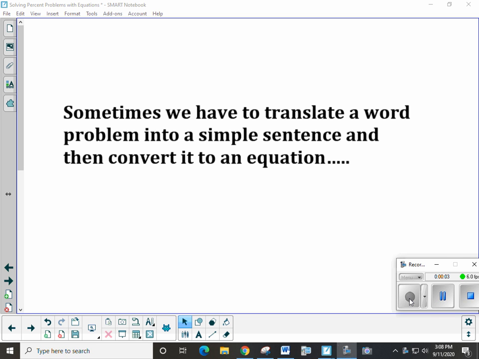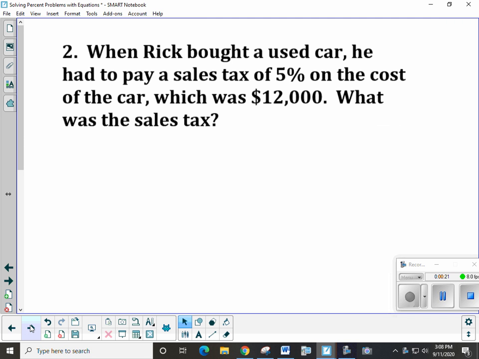Okay, so we're going to take our percent equations one step further, and we're going to do the dreaded word problems. Sorry, my markers weren't working. The dreaded word problems. So sometimes we have to read the problem and translate it into something that we can